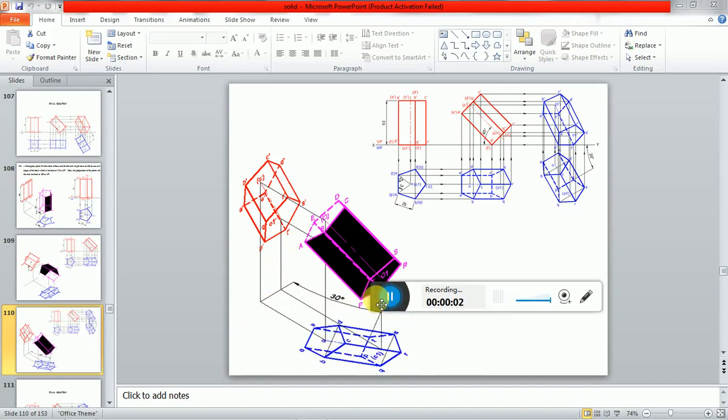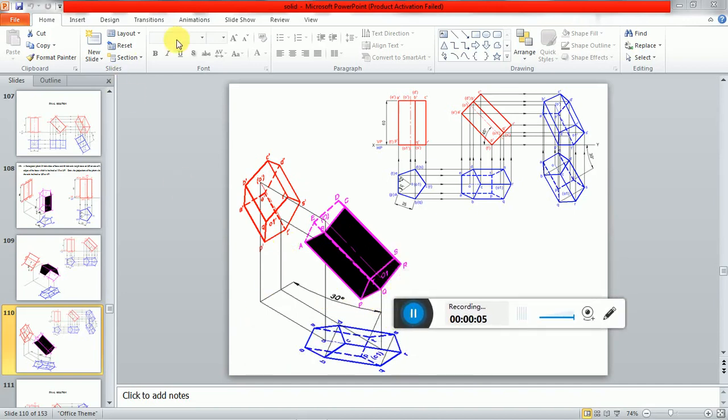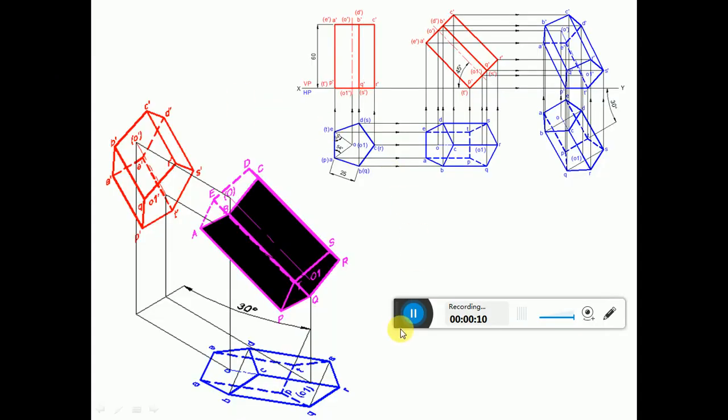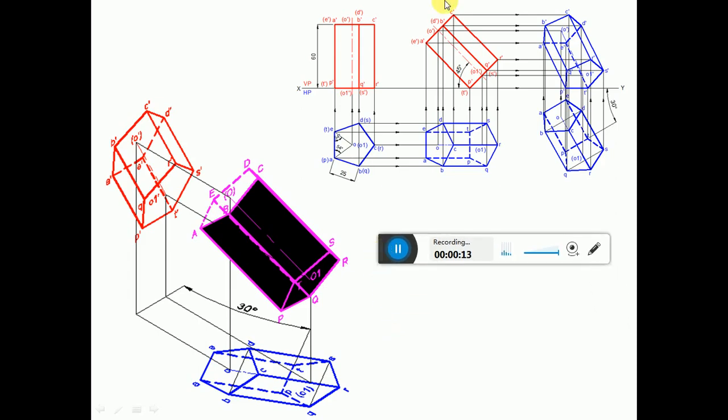Continuation of the 158 problem. So the edge on which it rests makes an angle of 30 degree with respect to VP. Since if you look here, the edge which is resting on HP is P dash T dash. So this P dash T dash is resting on HP. That means it is resting on XY line in the front view. So obviously that has to rest on HP. Since this edge is parallel to HP, we are getting the true length here, PT.